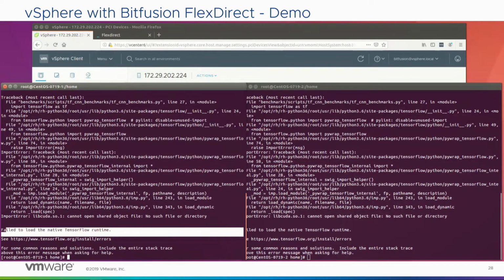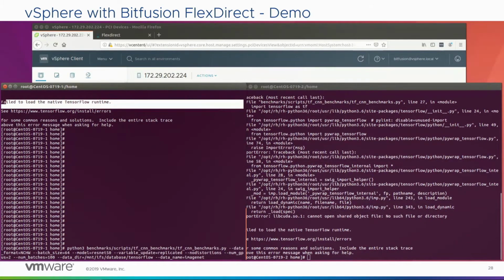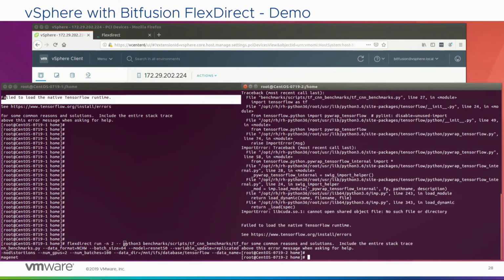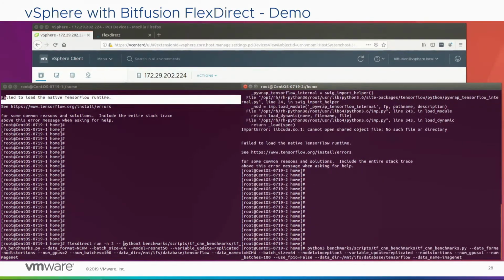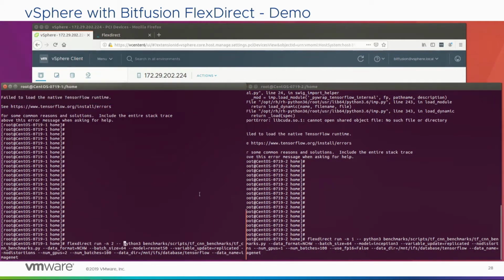So we can remedy that with BitFusion FlexDirect because we can now execute the same command, but make sure that we redirect the CUDA instructions to the server VM. So we'll put FlexDirect, the command, just before the machine learning workload, and the N2 or N1 in this specific case is all about the number of GPUs that you want to assign to the certain workload. Okay? So now you will see that it successfully executes